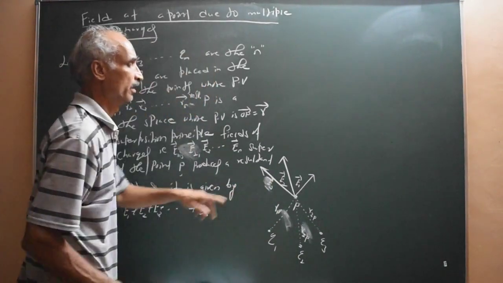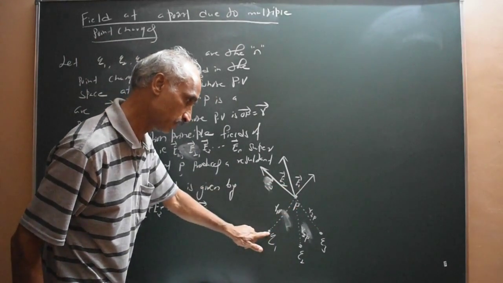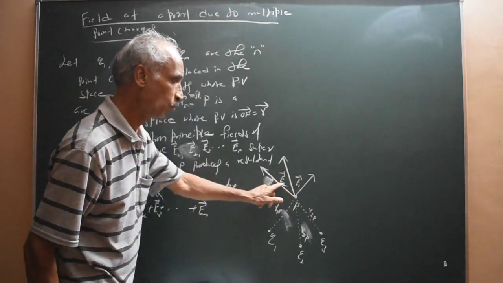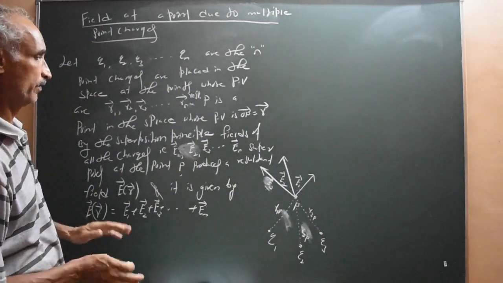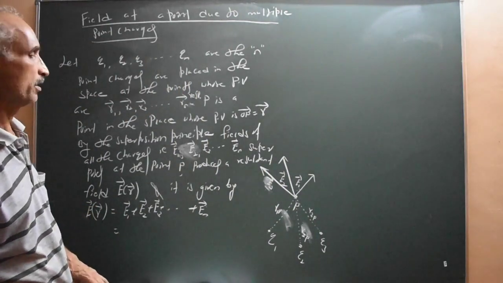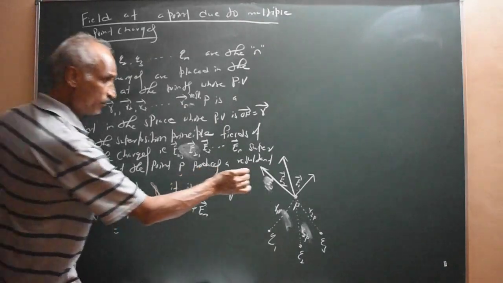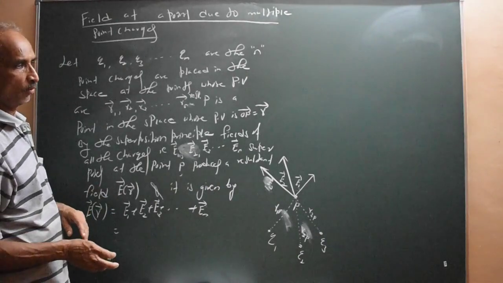Actually it is E1 of R bar, because the position of this charge Q1 is R1 bar. Therefore E1 of R1 bar, E2 of R2 bar, E3 of R3 bar, like that. Okay, enough. E1 bar is enough. E1 of R bar and so on is not necessary. Okay. Now, what is the field due to the charge Q1 at the point